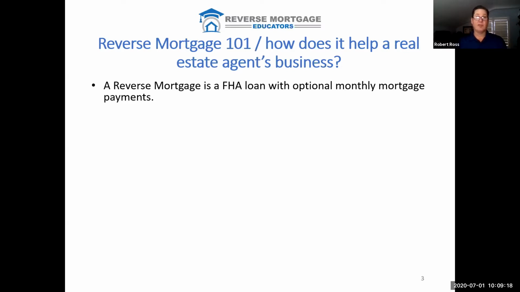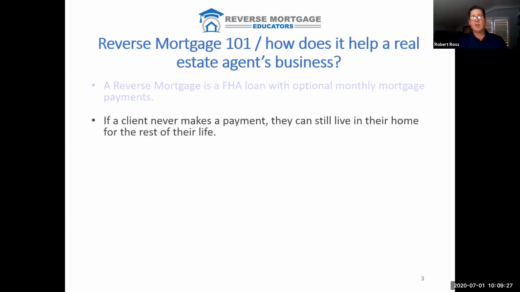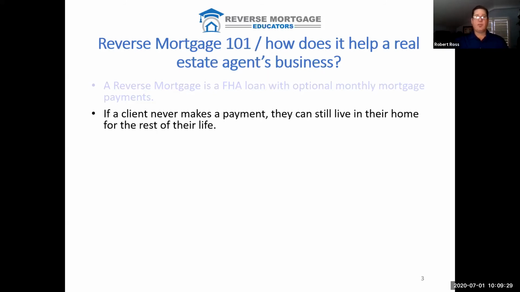And the equity that's left in the home will go to the heirs, assuming that you have it set up that way. So that is the basic holistic view of a reverse. Let's talk about if a client never makes a payment, right? Which I said 90% of the people out there don't make payments because they're trying to keep as much of their Social Security income in their possession as possible. But the way the loan works, because it's FHA insured, in other words,